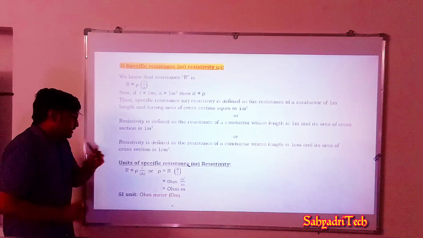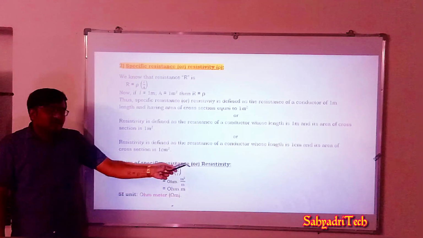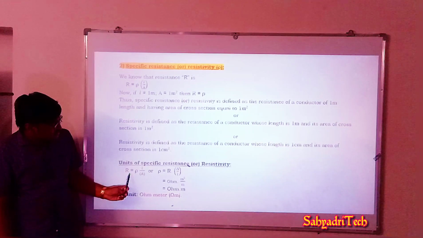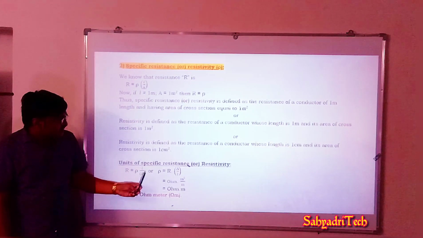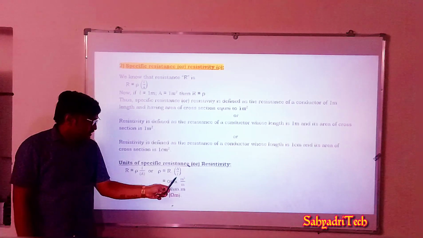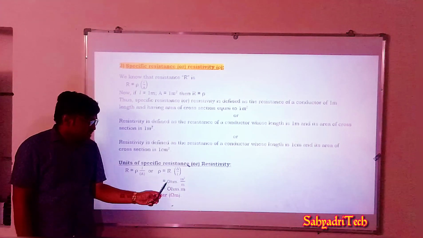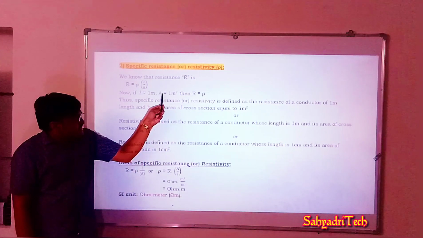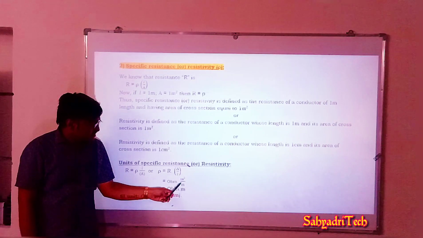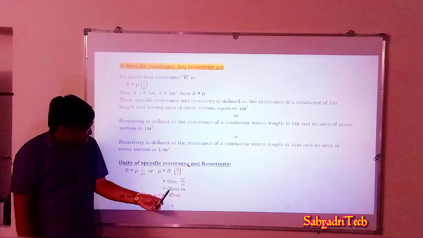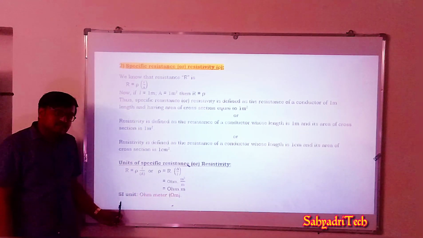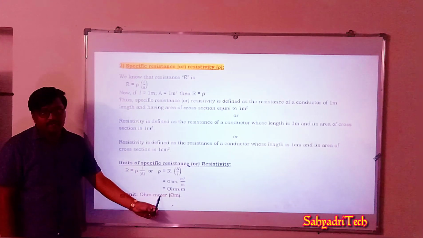Well, coming to the unit for specific resistance or resistivity. Again, we go for equations. R is equal to rho into L by A. Rearranging, rho is equal to R into A by L. R, resistance, is measured in ohms. First consideration, area of cross section in meter square, length in meter. So square and meter cancel here. What is remaining? Ohm meter. So what is the SI unit for specific resistance? It is the ohm meter.